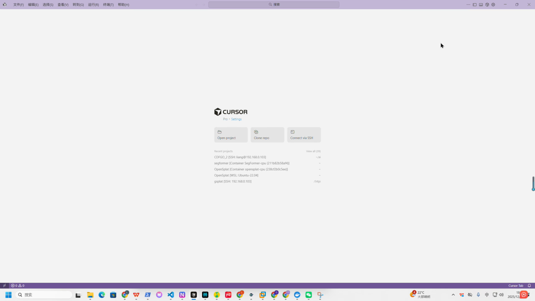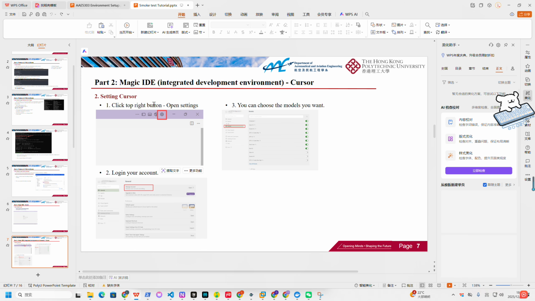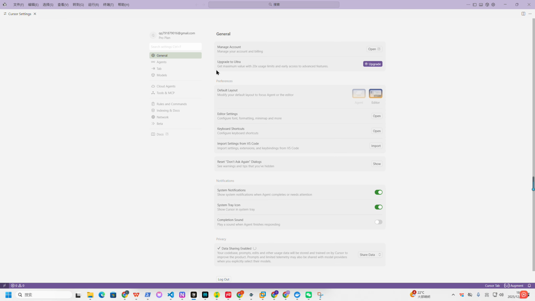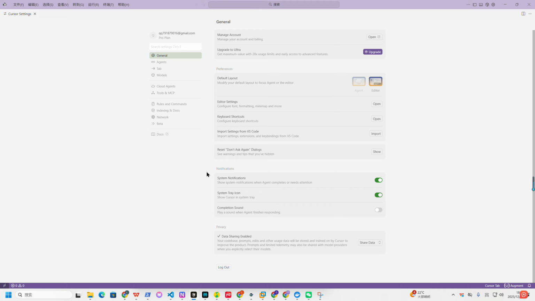Yeah, this is a cursor, and you can set up the cursor by click the settings, and you can see some informations like this. You can log in your account here, and click the